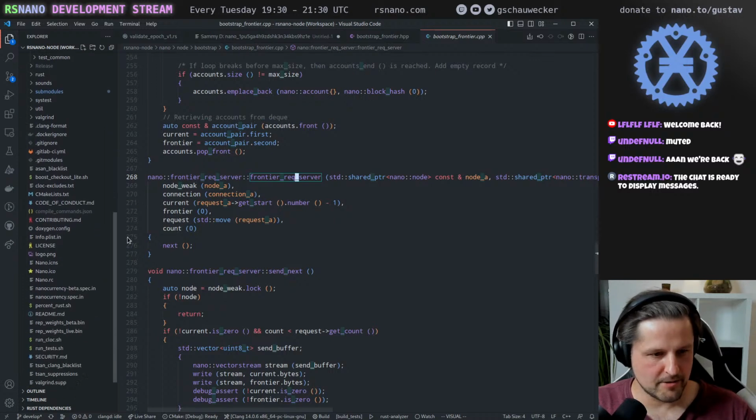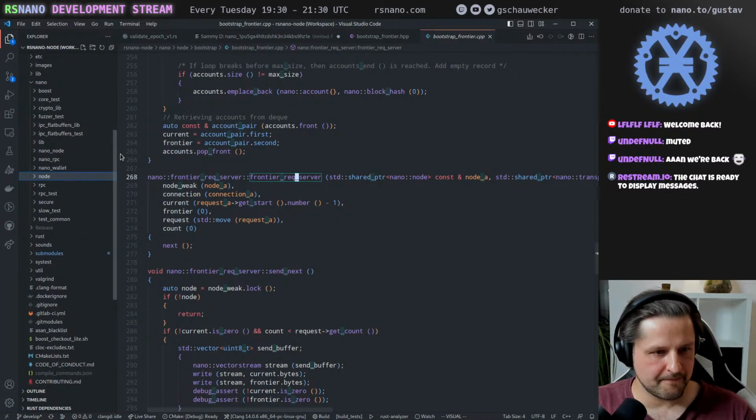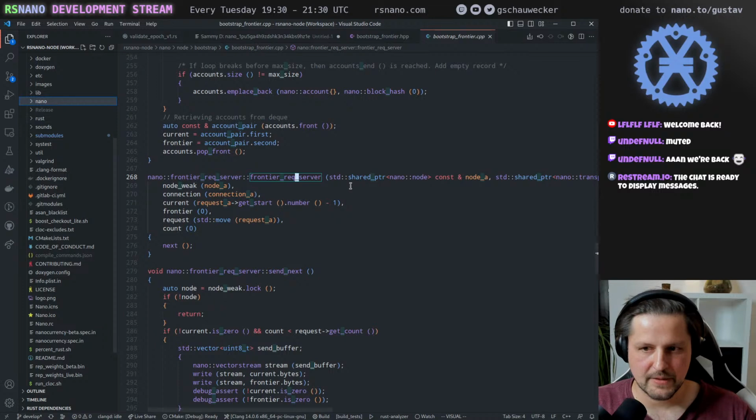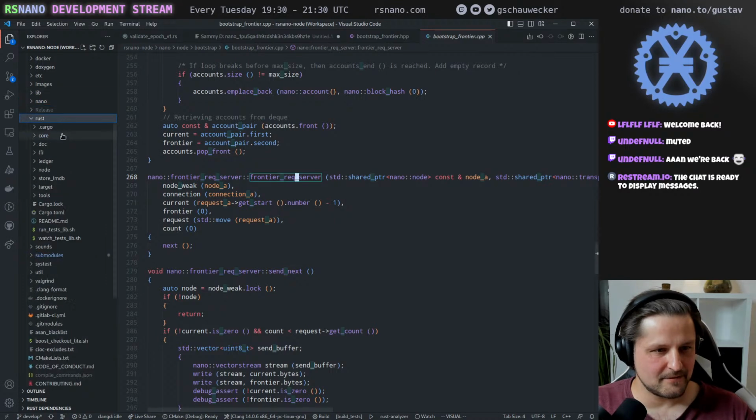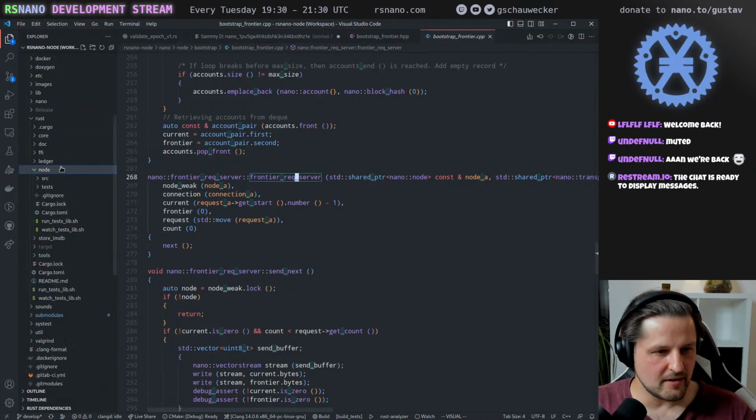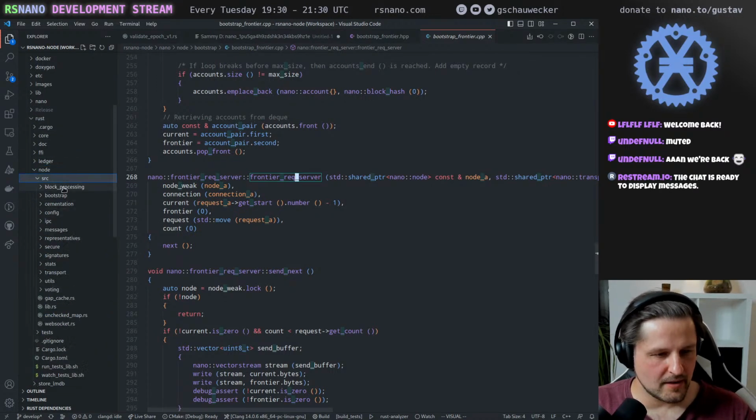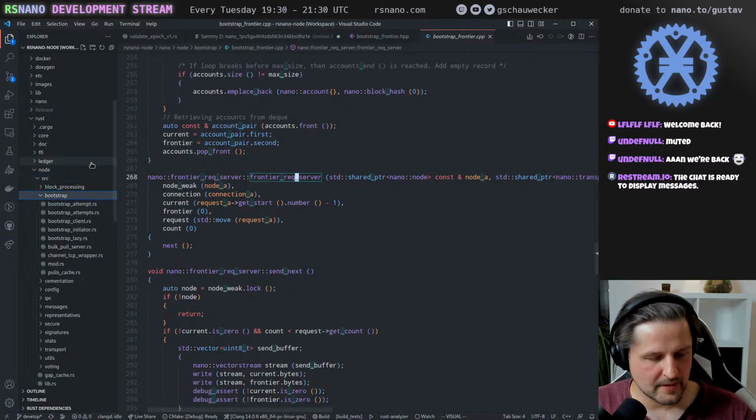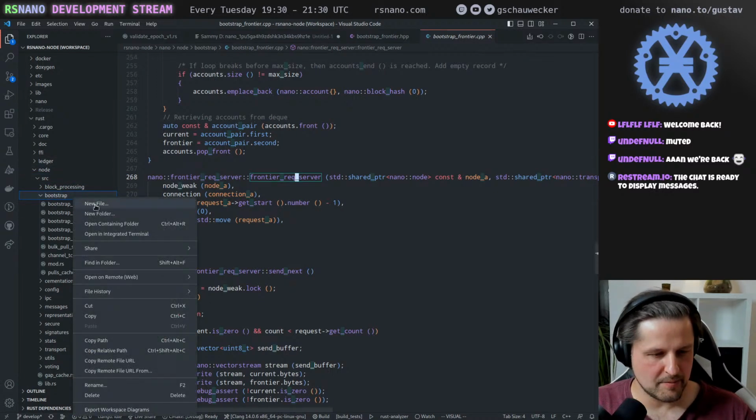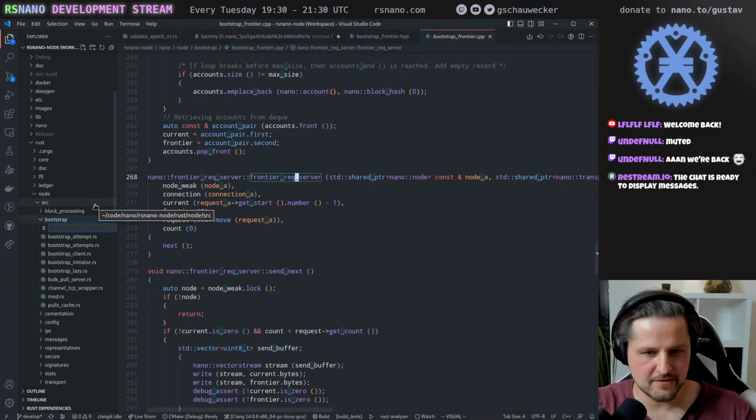and let's create a new file for the frontier request server. LF, welcome back. Yeah, my system crashed again. So let's create a new file in Node, Bootstrap, and yeah, this is the right place. So let's create a file and call this frontier request server